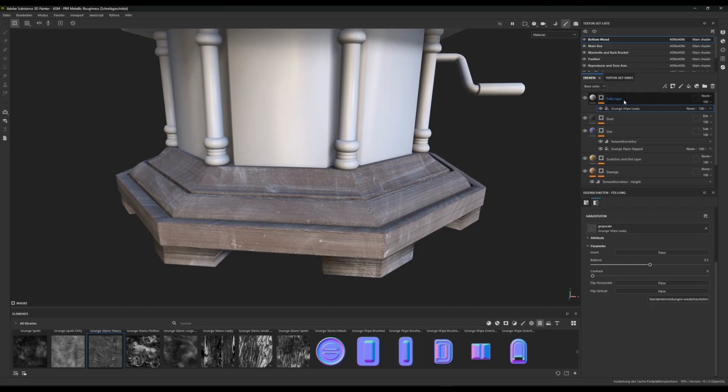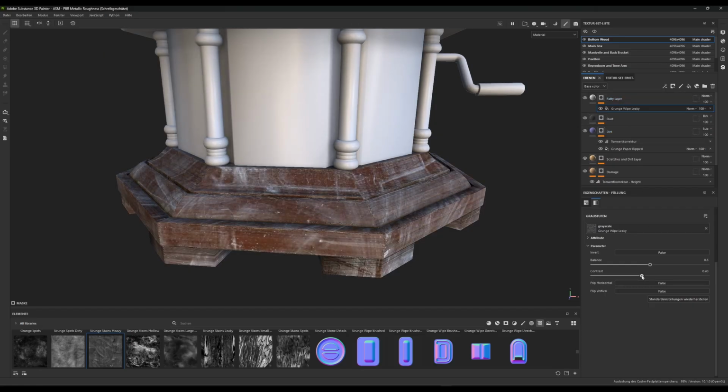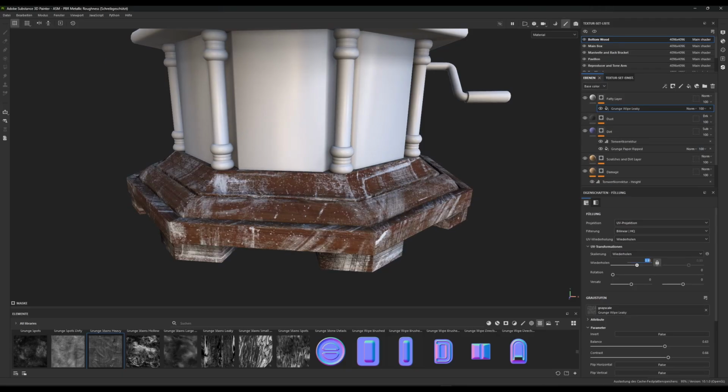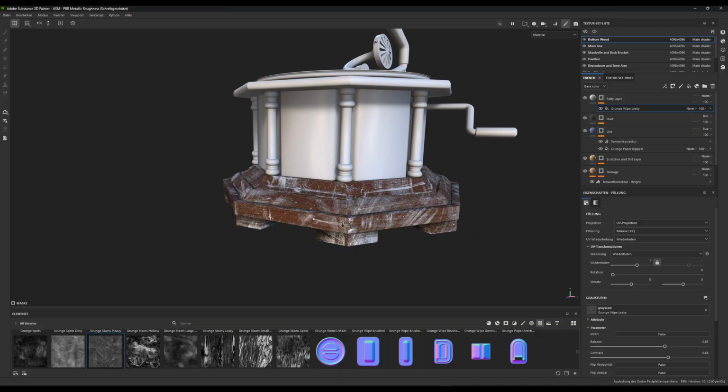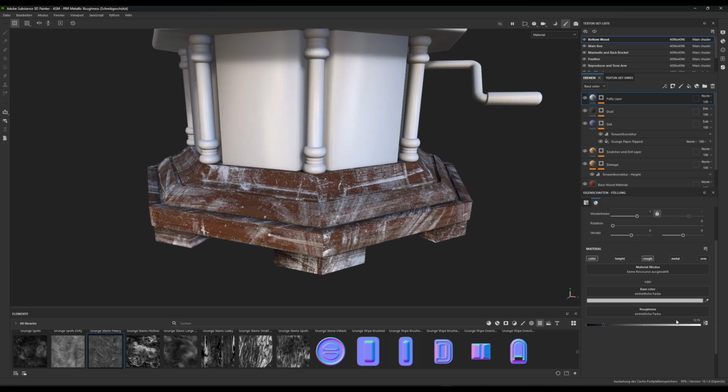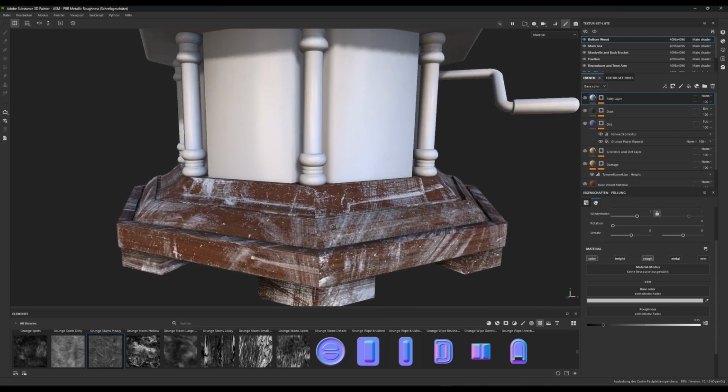Now you can see we should maybe increase the contrast a little bit. Yeah, something like that. Let's adjust the scale here. I think 1 is fine. We click on this material here. We want to make sure that we have roughness pretty low. Let's do 0.15, I'll try. Yeah, 0.15. And then